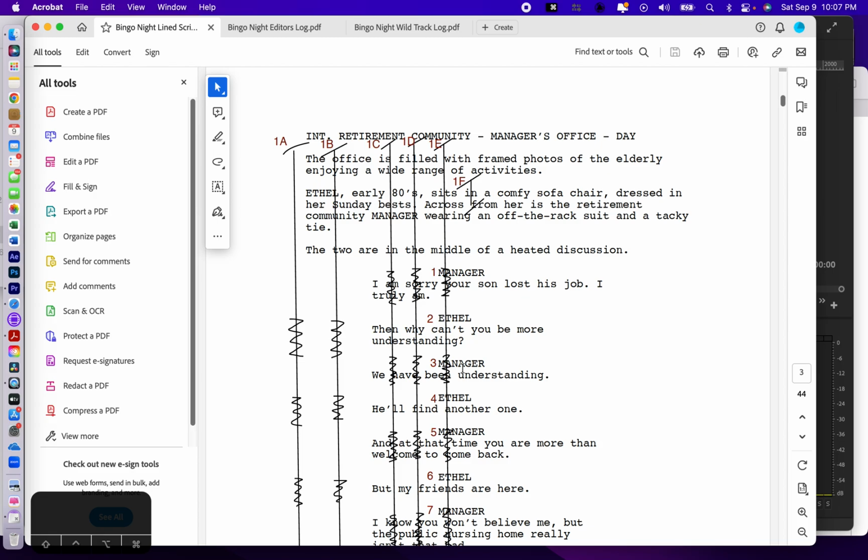So let's just talk about it for a moment. These lines are showing what takes you're going to use and what takes you're not going to use, okay? So you'll notice that when there's a straight line, that means you can use a 1A, 1B, 1C, 1D, 1E, but when there's a squiggle, you're not going to use those takes. So for example, right here, down here, line 1, the manager says, "I'm sorry your son lost his job. I truly am." Well, you're only going to use